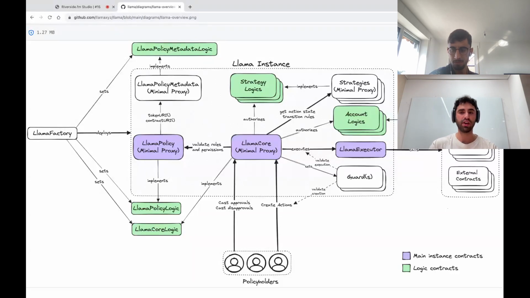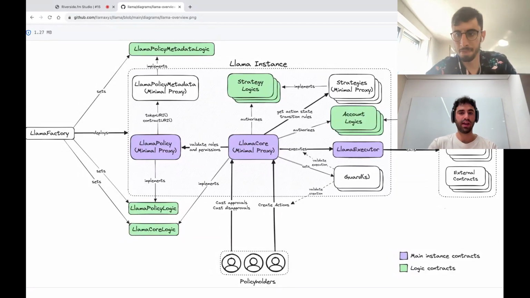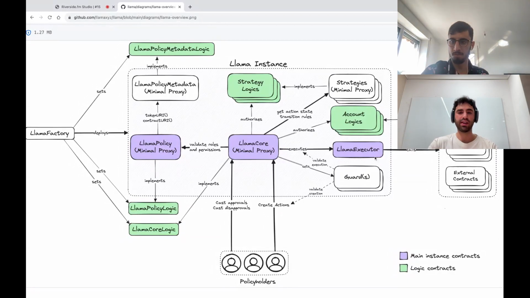I actually think it's easiest to start with the protocol and work our way backwards. If you look all the way to the right, to the governed contracts, they can be any contracts, and the implementation can be anything. It can be something you roll yourself. You could use Solmate or OpenZeppelin Ownable or really anything of your choosing. The important thing is just that the Llama executor is the owner of the functions that you want to govern.